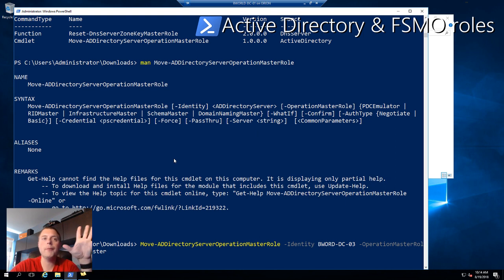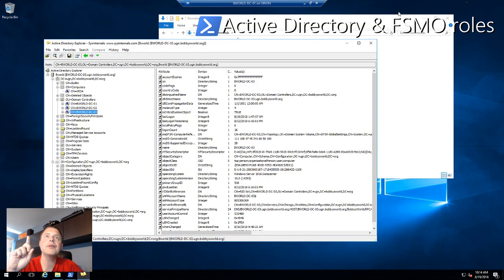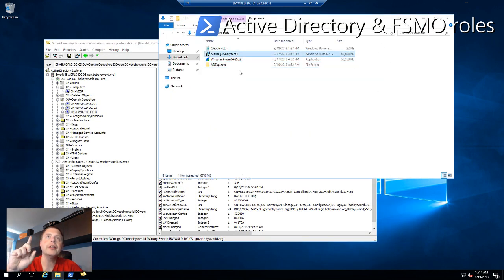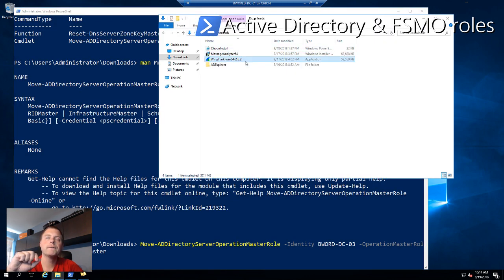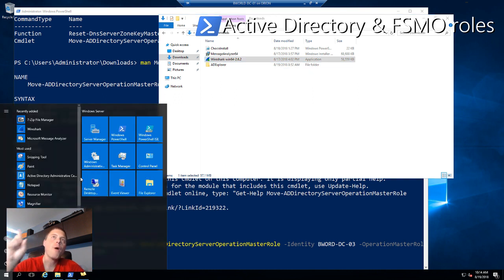So domain controller 1 is up and going. Oh, one other thing I want to do here before we do this, I downloaded a couple things here. I downloaded Microsoft Message Analyzer and Wireshark. So Wireshark is basically your primary networking troubleshooting tool. It will give you the raw ones and zeros off your network card. Microsoft Message Analyzer, for capturing network traffic, has some steps to go